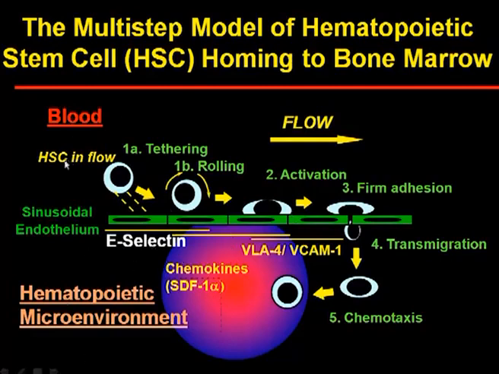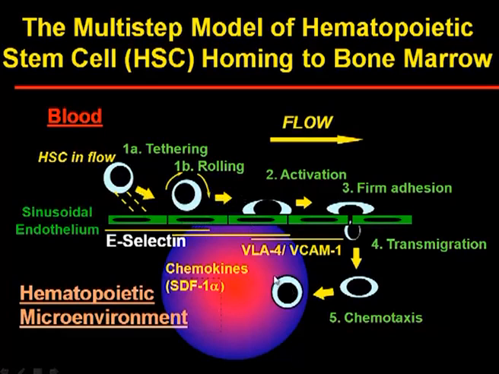Importantly, at the first step in the process, we identified that E-selectin, a molecule which is normally inducibly expressed, and endothelial selectin, which I'll tell you more about in just a second, was permanently expressed on the marrow microvascular endothelial cells, and that hematopoietic stem cells were first coming down and finding endothelial beds in the marrow because they expressed E-selectin ligands. The cells would then tether and roll on that E-selectin,